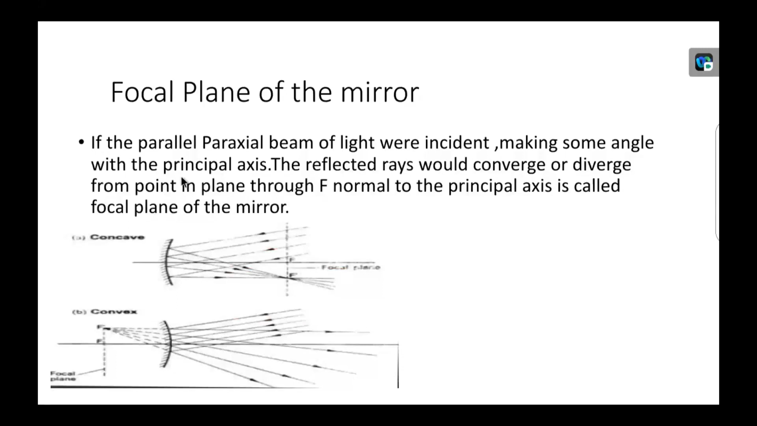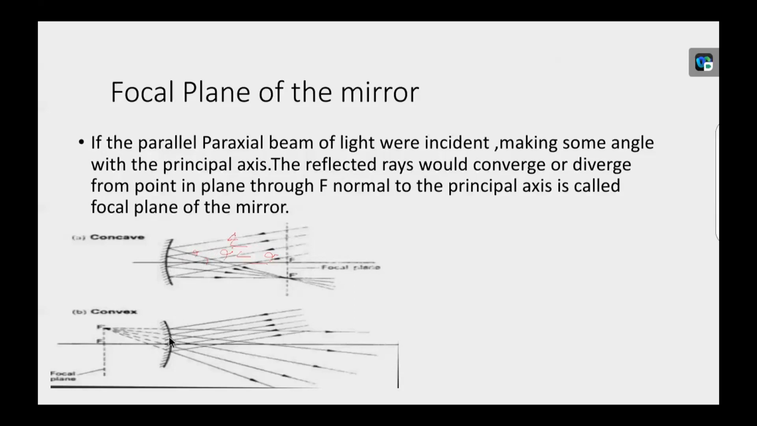Focal plane of the mirror. If you observe here, these are parallel beams, but they are not parallel to the principal axis. They are making some angle with respect to the principal axis. So when these parallel beams, making a certain angle with the principal axis, fall on a concave mirror or convex mirror,